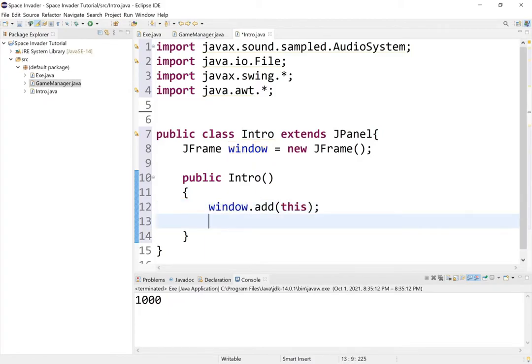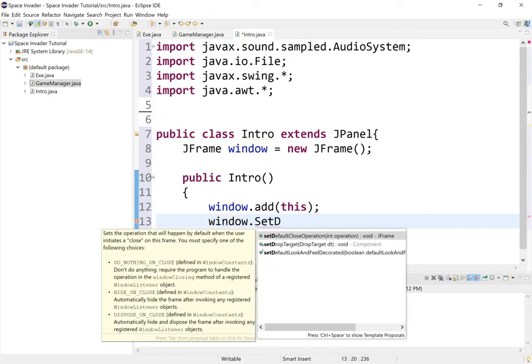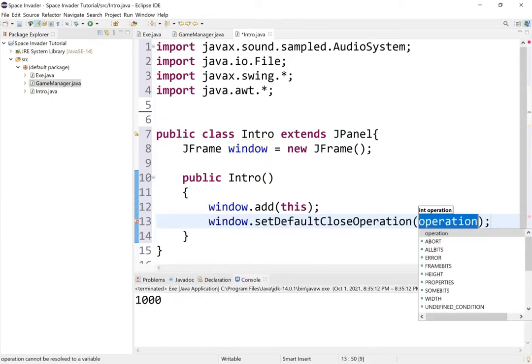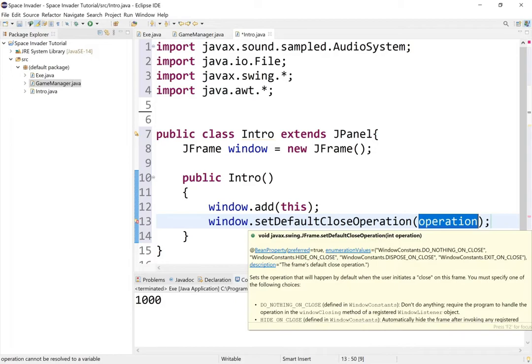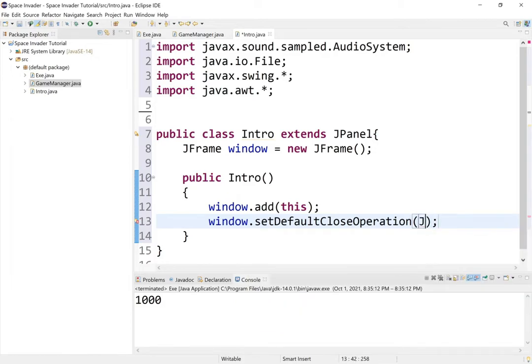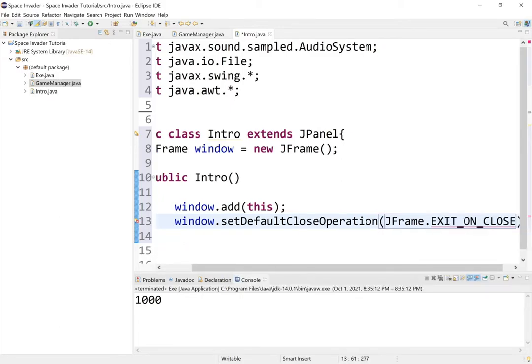We are going to do a couple of housekeeping things. We're going to call window.setDefaultCloseOperation. This is just so that when we terminate this window, the operation from this window closes. It's just something we have to do, and you don't need to worry too much about it. So the parameter,